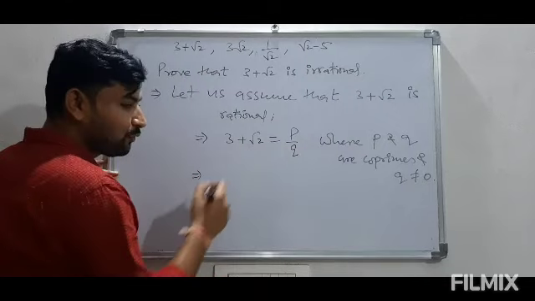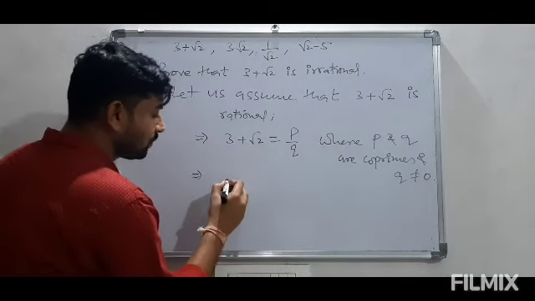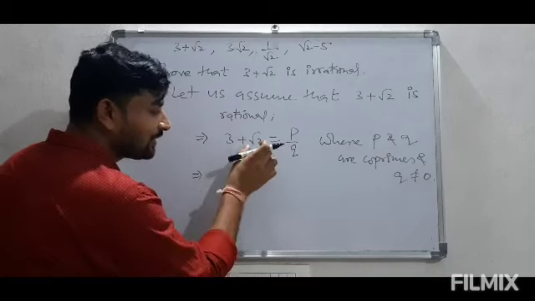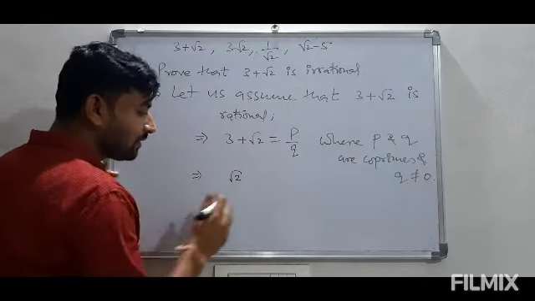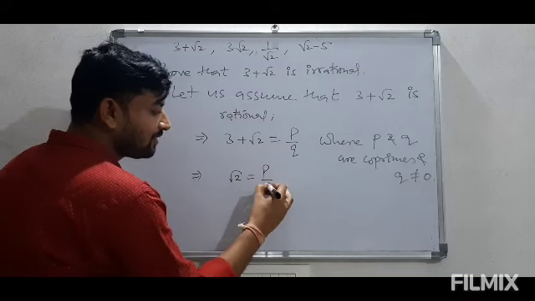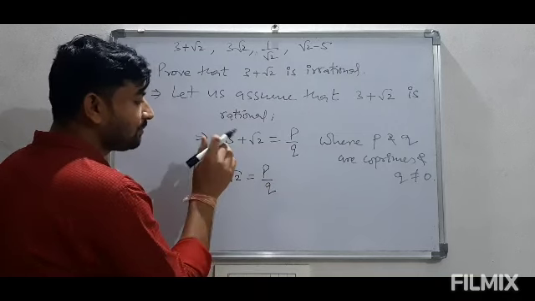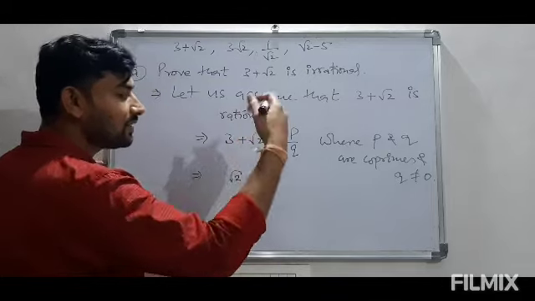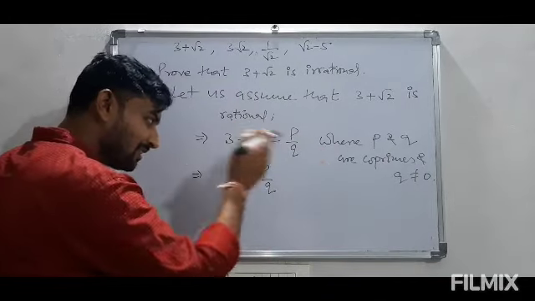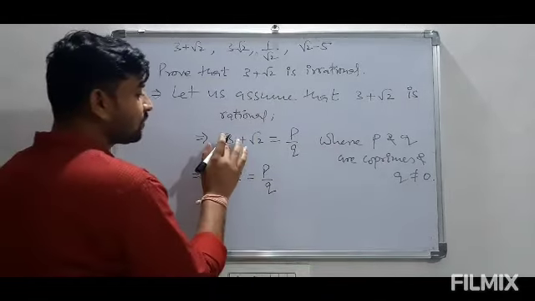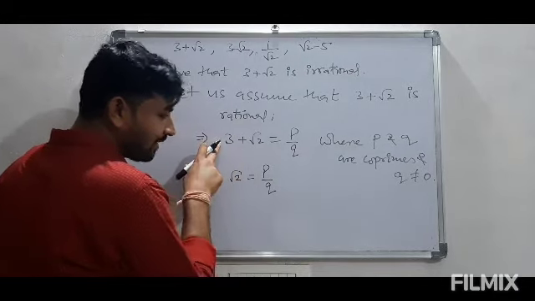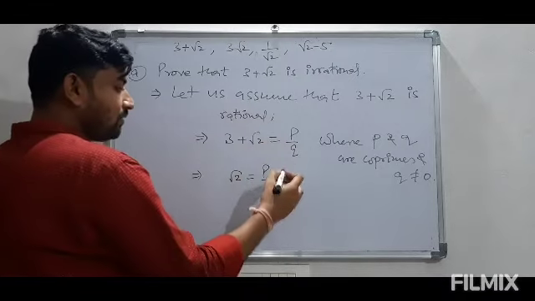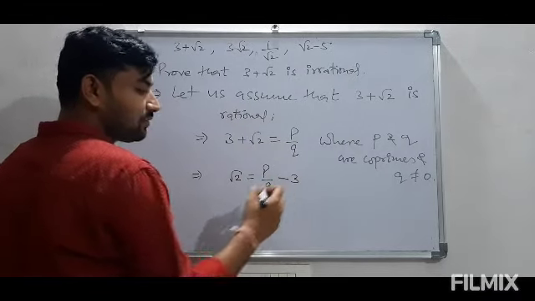Now from this, find out the value of root 2. So what we have to do, root 2 will remain in the LHS. We have to shift this 3 to the right hand side. Here it is plus 3. So when we shift it to the right hand side, whenever we shift a positive number from LHS to RHS or RHS to LHS, its sign changes. So this is plus 3, there is no sign written here, meaning it is positive. So when we shift, it will come out to be minus 3.